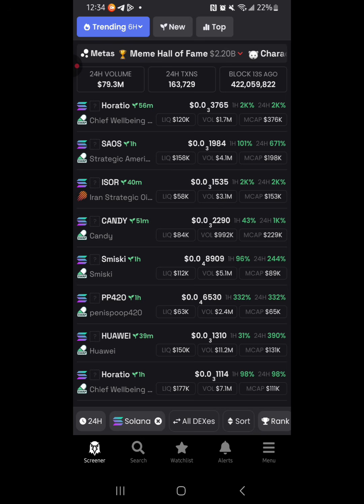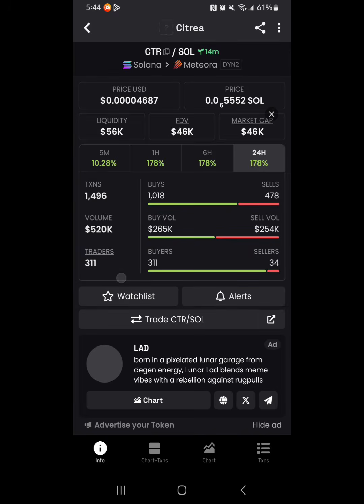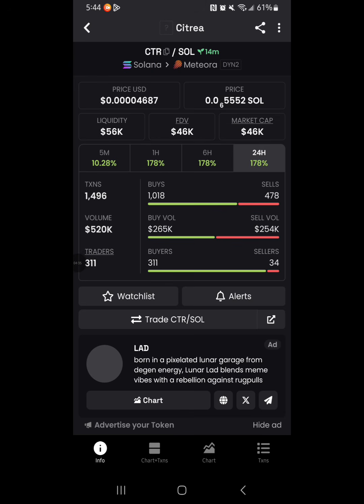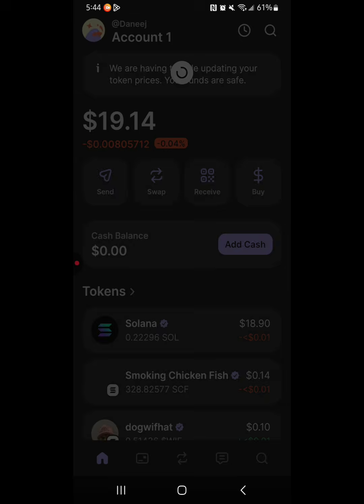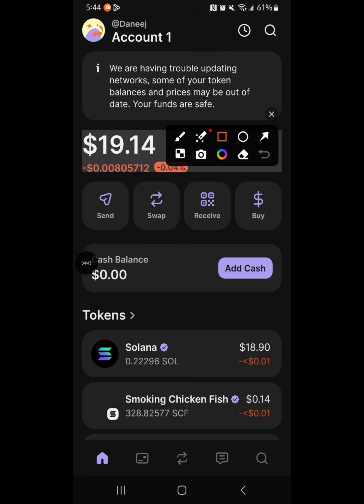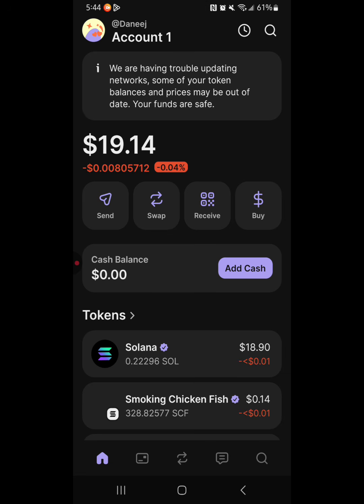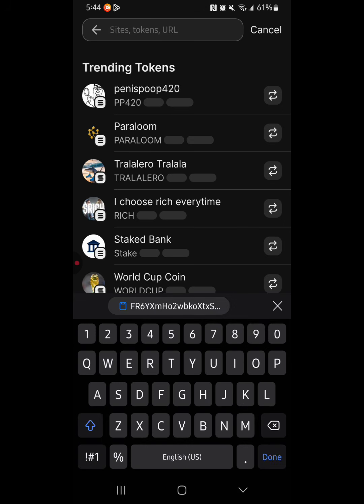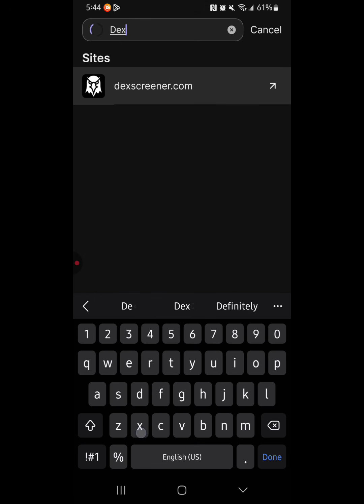So you will need to copy the contract. I had to really point that out there. This contract will enable us to know where to start from. So after copying the contract from Dex Screener, you click on the search bar at the bottom right corner there and search for Dex Screener. We are going to be using it